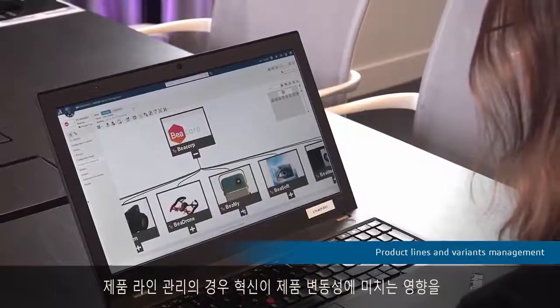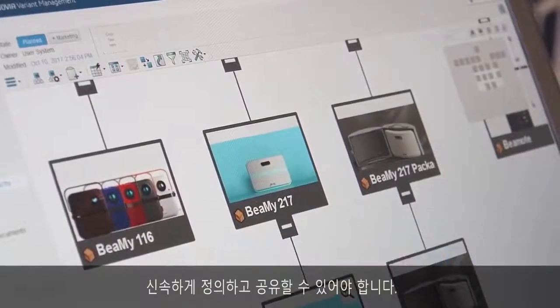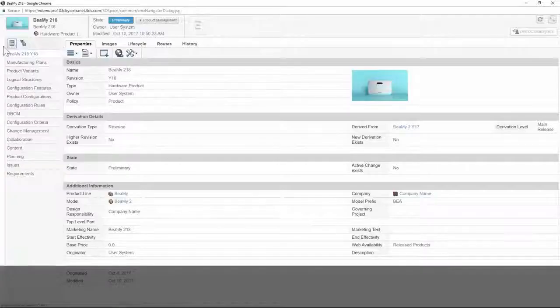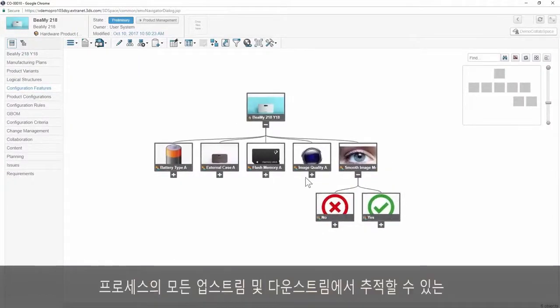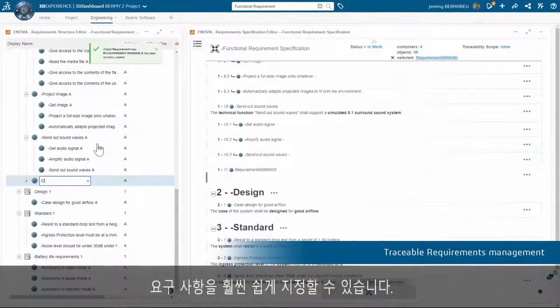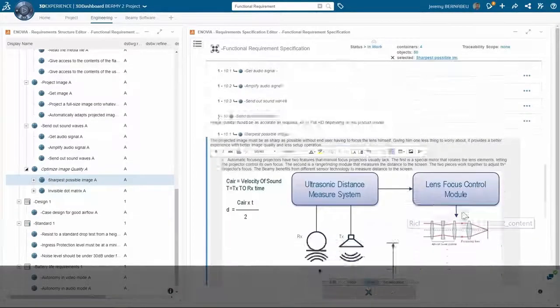For product line management, it's key to be able to quickly define and share how the innovation will impact the product variability. By linking requirements to portfolio management on the same platform, it's now much easier to specify requirements that are traceable by everyone, up and downstream the process,